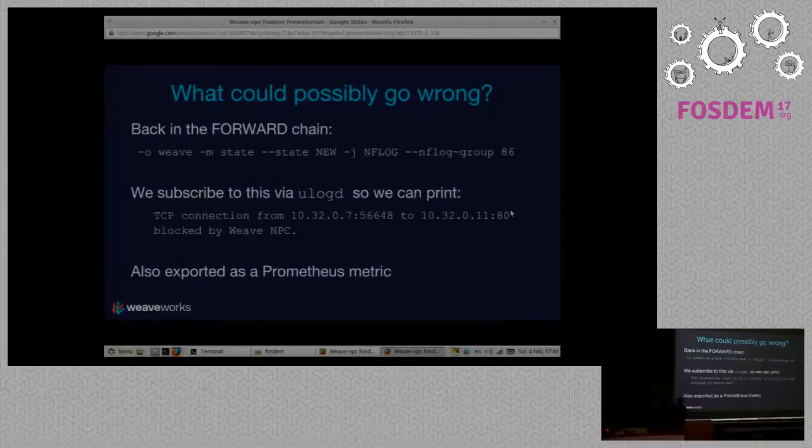We use the nflog, netfilter logging technique or rule destination, whatever you call that thing. And then we pick that up in our program. We use ulogd just to subscribe to that. We use channel 86 because that's kind of slang. 86 is get rid of it. So that's those. We log connections that get dropped by our